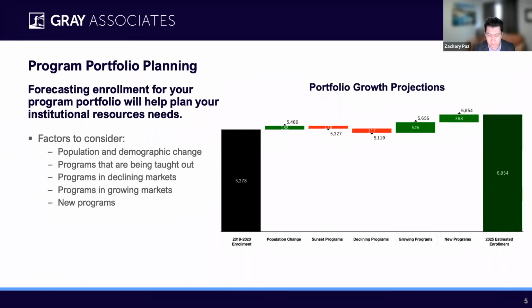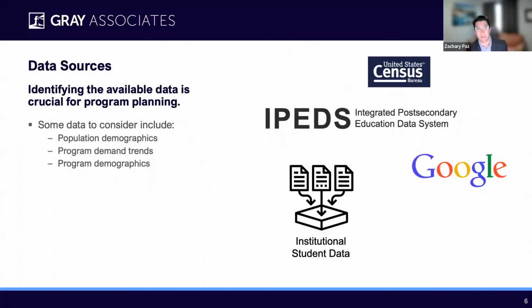So how do you actually even get to this? There's some data sources that are available to help you do this. The most common is looking at the US Census data to understand population trends within your markets, understanding the demographics in your markets and how those are shifting, looking at the programs in your markets and at other institutions, understanding